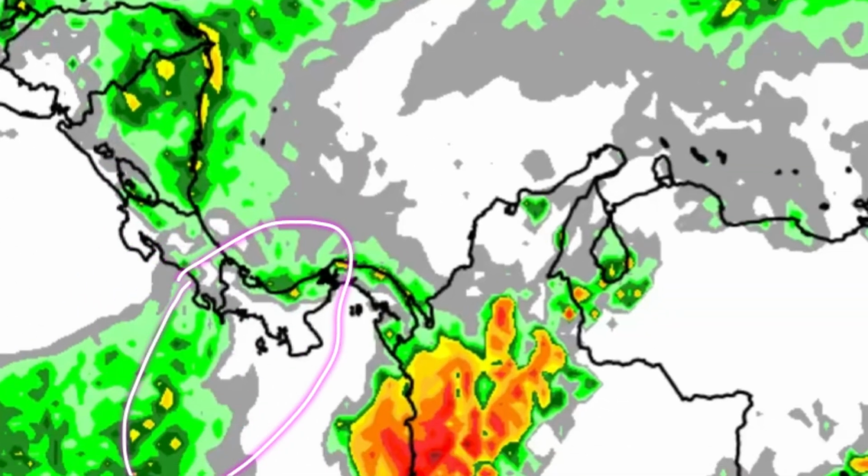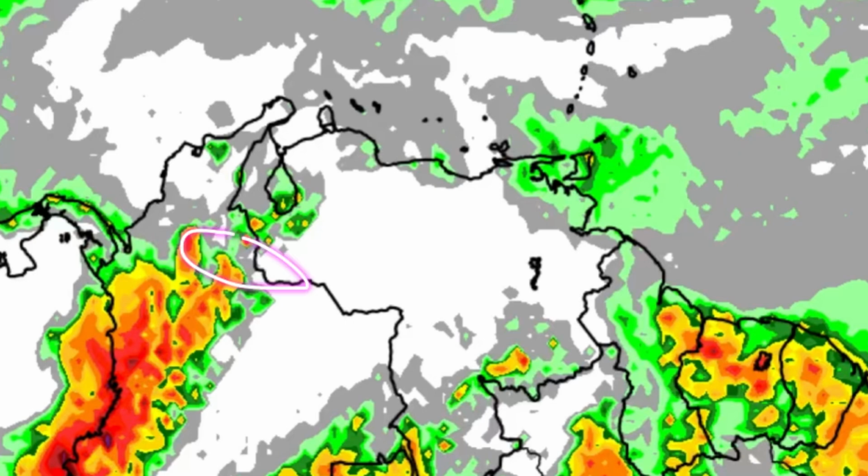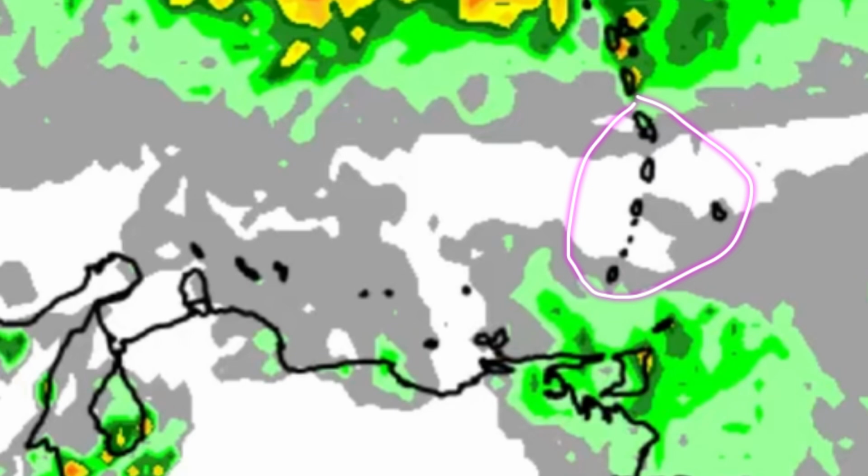But going to South America, rather, we can see, as usual for Colombia, it gets pretty colorful near the coast, so there could be some decent rainfall. Meanwhile, most of Venezuela is likely to remain dry today, and then the Guianas may experience some heavy rain at times. ABC Islands, there could be some showers passing by, and